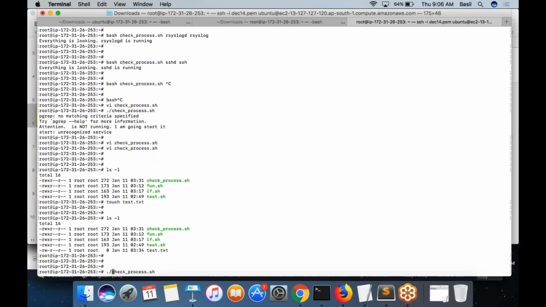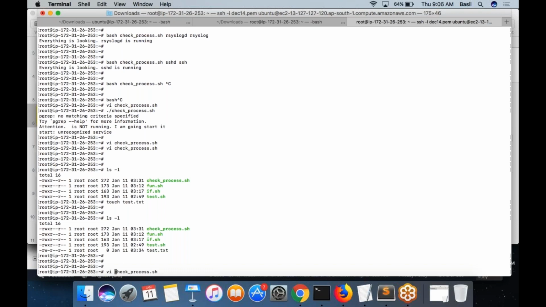So what you would want to do inside the script is first check if the argument is 0. If the argument is 0, then you want to stop it. Maybe you will even ask the user, you did not provide the process name and service name. What is the process name? Then you enter the process name using your keyboard. It can read that value. So that we will see tomorrow.